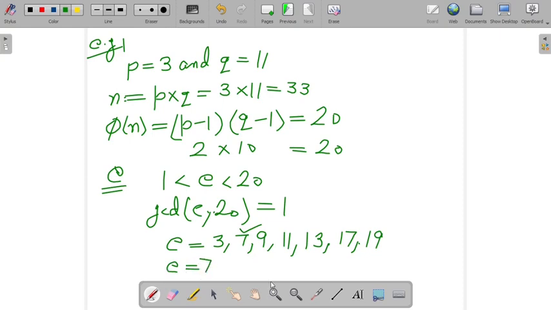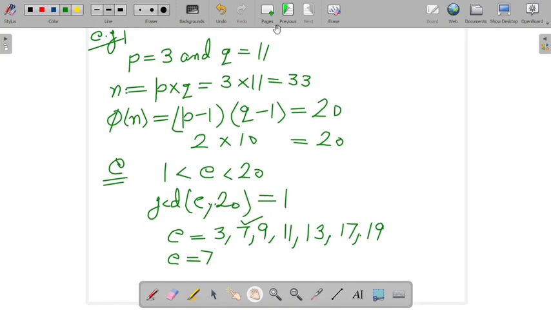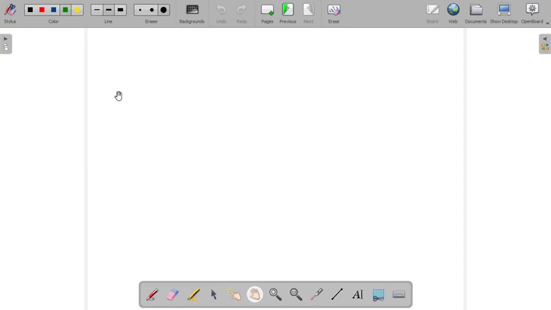Randomly choose, E is equal to 7. Then go to next, on a new page. So at present we have the value of E is equal to 7. Now calculate, next step is